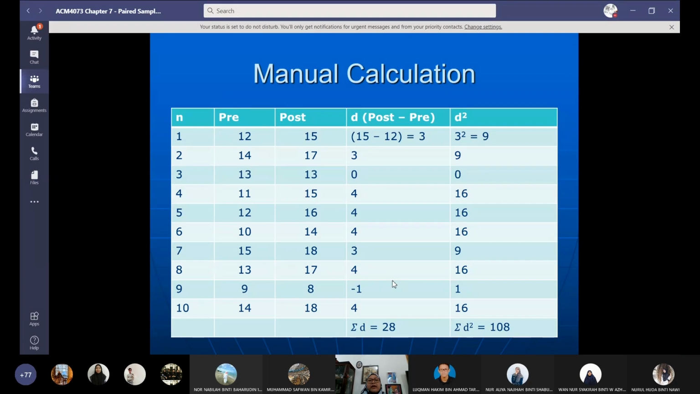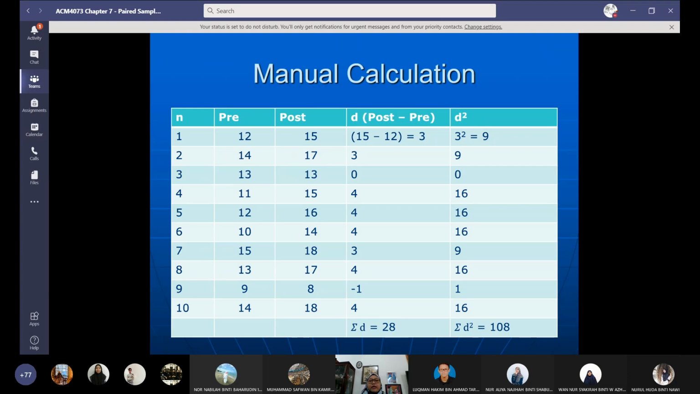Let's look at the manual calculation. I remember there was one student asking me about the calculation of one sample t-test, but until now I have not attended to the request due to my time. So inshallah I will do my best to go back to that request and show you the calculation. But for today, we will look at this manual calculation